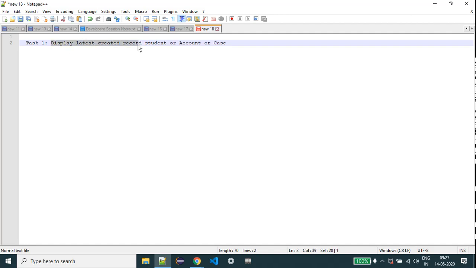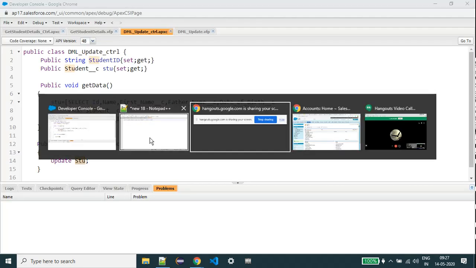So display latest record means first we need to query from the database, right? So after where clause we can add some syntax. So you can google it, how to display latest created record, only one record, not two or three records. Latest created means always depending on the creation date.